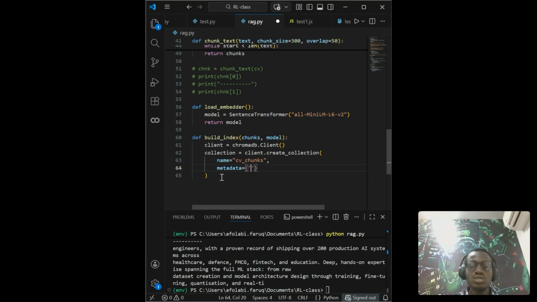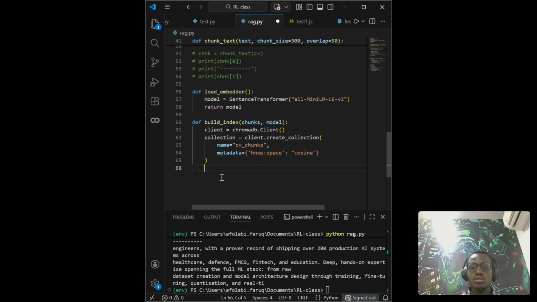So in this case, we need to define HNSW space, which is cosine similarity. So just say cosine. Okay, now,